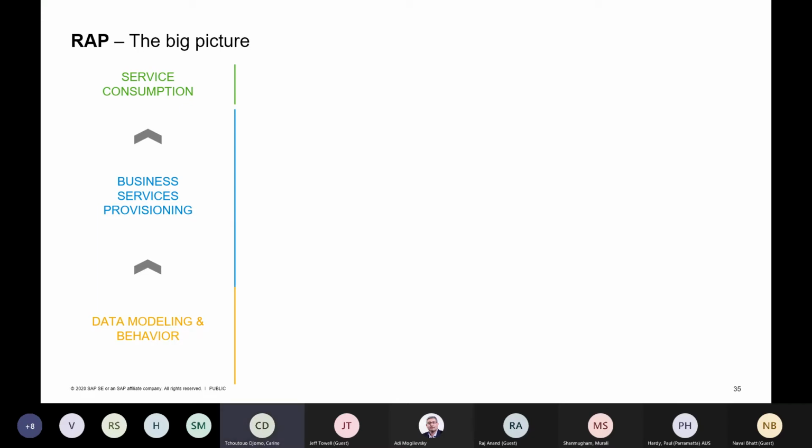So here we can see the end-to-end RAP development stack, and it's divided into three conceptual layers. We have at the bottom the data modeling and behavior. So this is the world of data model and the associated logic, business logic. For example, in SAP S/4HANA, that would be the virtual data model for